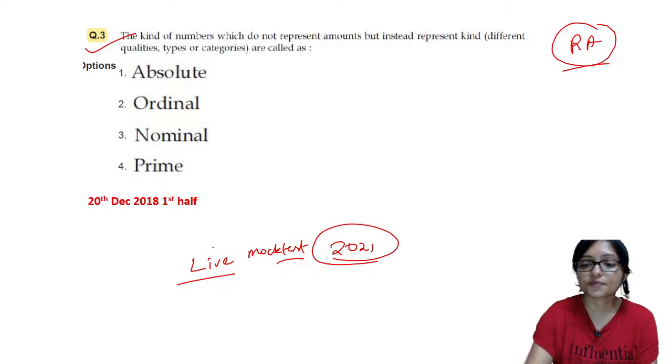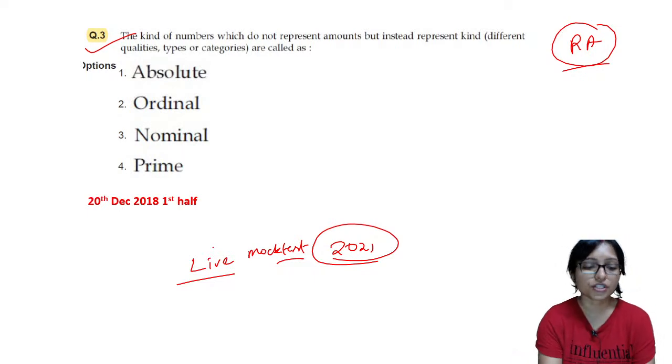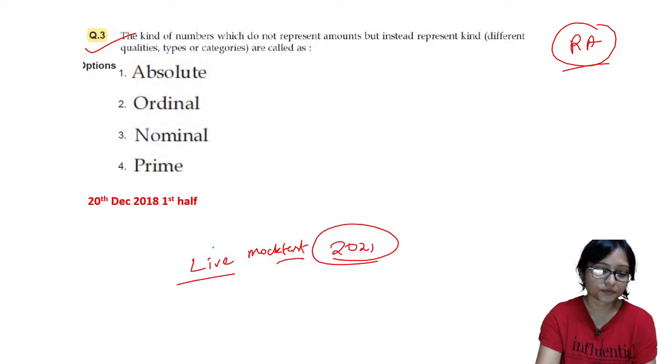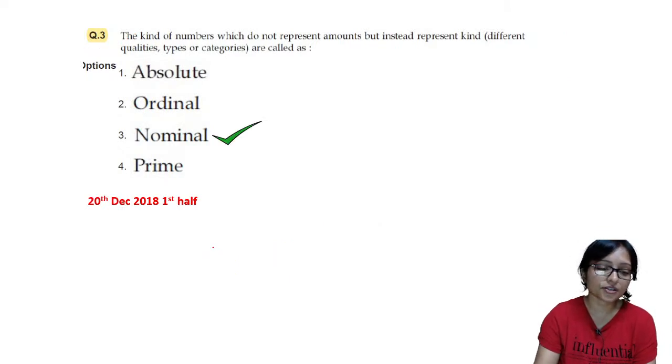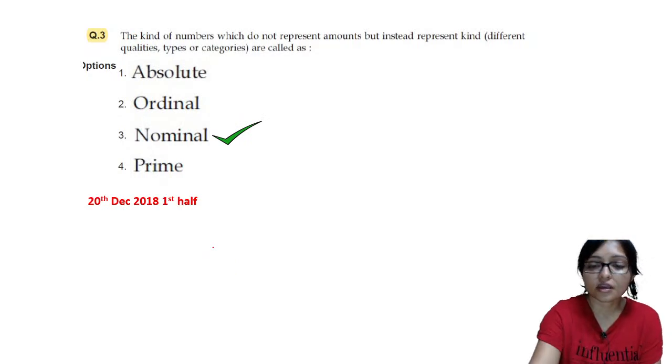Do it, those who are live here, do it and give me the answer. Okay, answers are coming. Okay, yes, answer is 3 only, you are correct, all of you are correct, answer is 3, correct.